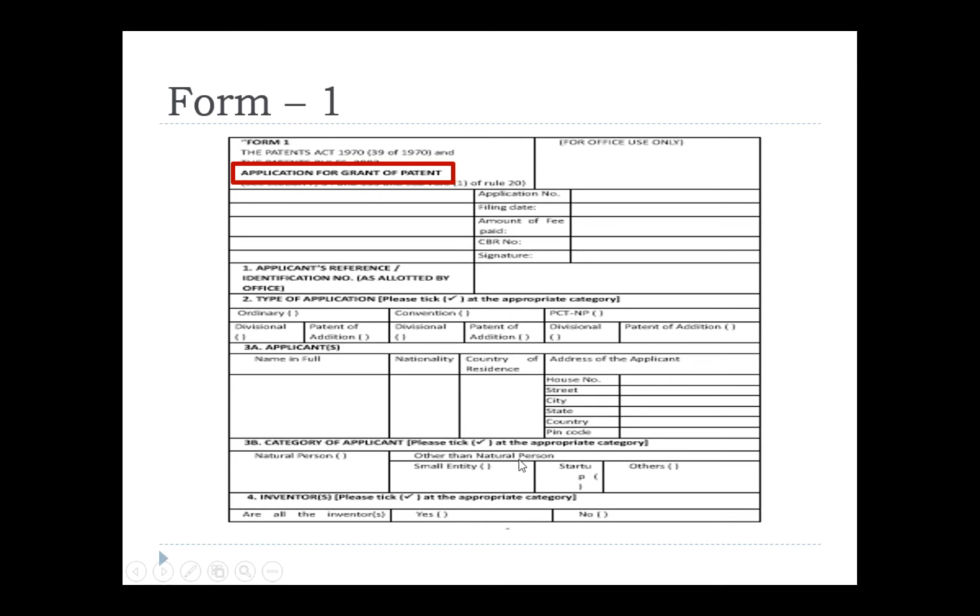Or other than natural person, there are three entities: small entity, startup, and others. Small entity, we can term it as companies with a restricted number of people and restricted turnovers. Those are termed small entities. For startup, there is some restriction.